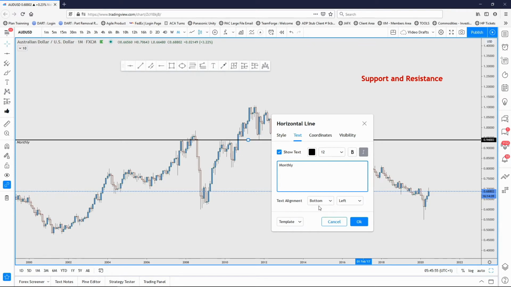For the text alignment, I want you to select bottom, and I want you to select left. So it'll be on the bottom of this line, and it'll be on the left-hand side away from our view of the charts. We want to keep our charts nice and clean. Right now it says italics. You don't have to have that selected. Actually, select that off. We can make it bold. It's up to you. But the main things you want to do is have monthly and the alignment, bottom, left,